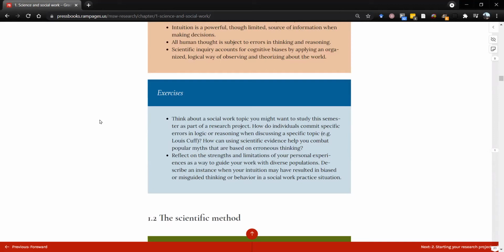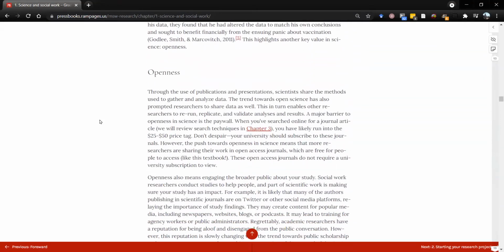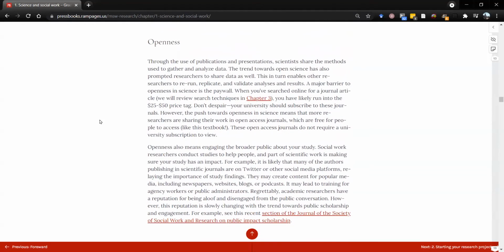Most of you who are reading this textbook are probably working on a research proposal or a research project of your own. These exercises are designed for you to apply immediately what you have just read to the project that you are working on. So if you scroll down on the page and you get far enough down,